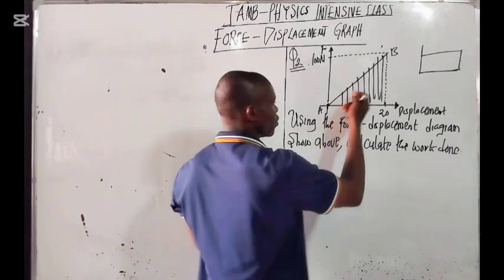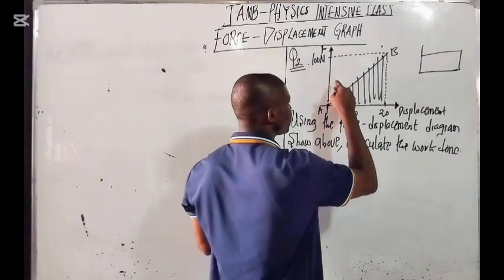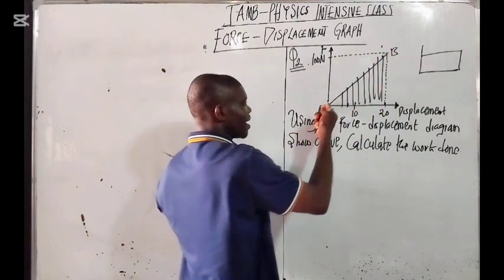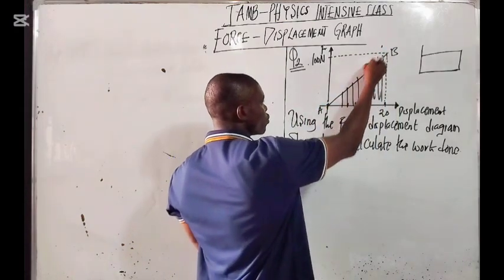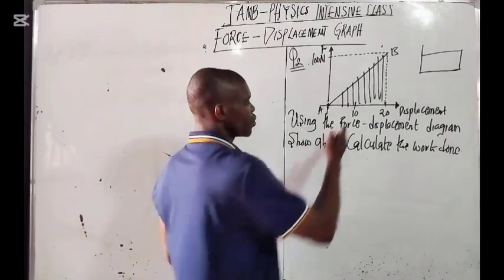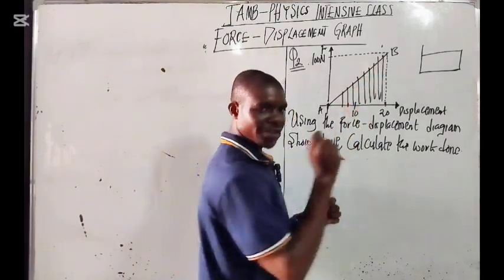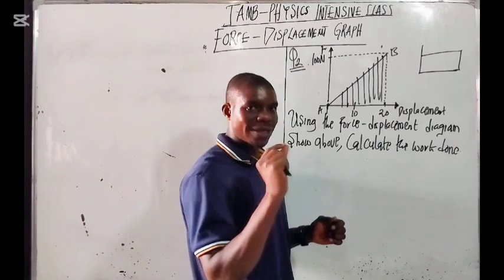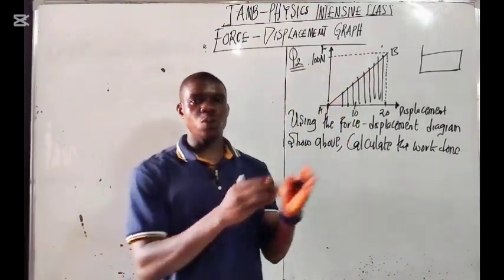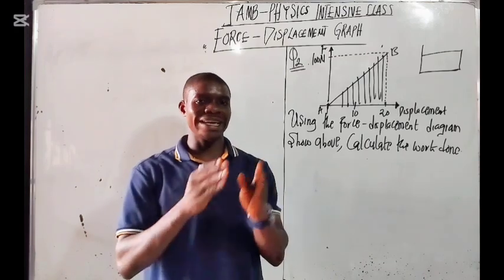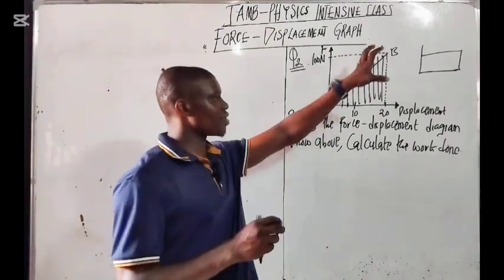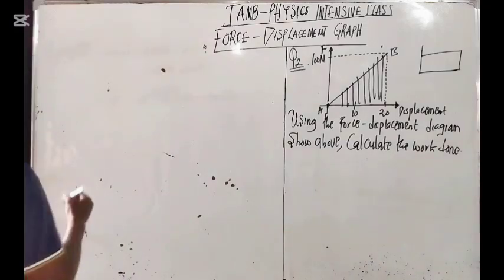Now the only reason why this one is not the same thing as this other one is because there's a line here. That line shows the shape of the graph. So if you bisect this one, you have to see a triangle. Do you understand? Please pay close attention. So remember, the work done is equal to the area of the shape of the graph. Do you understand? Now because we have a triangle here,